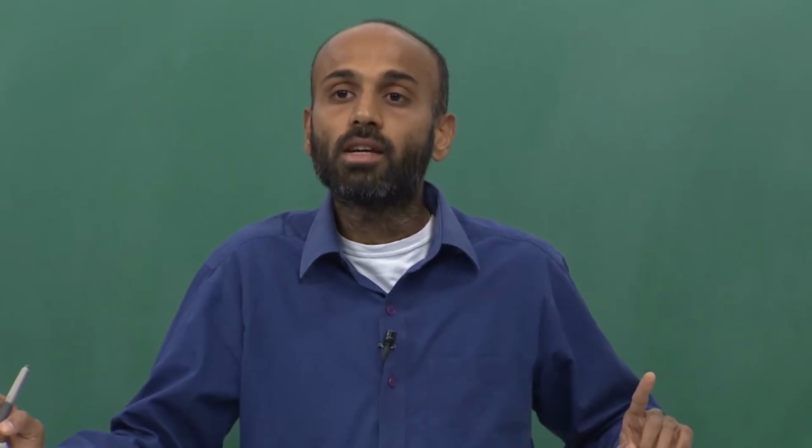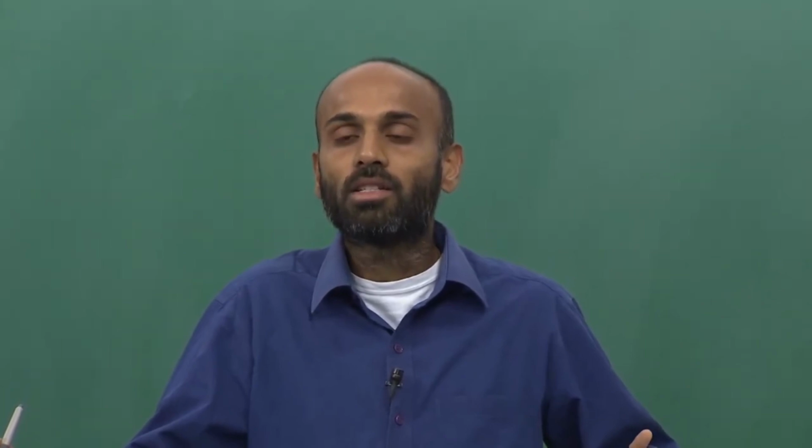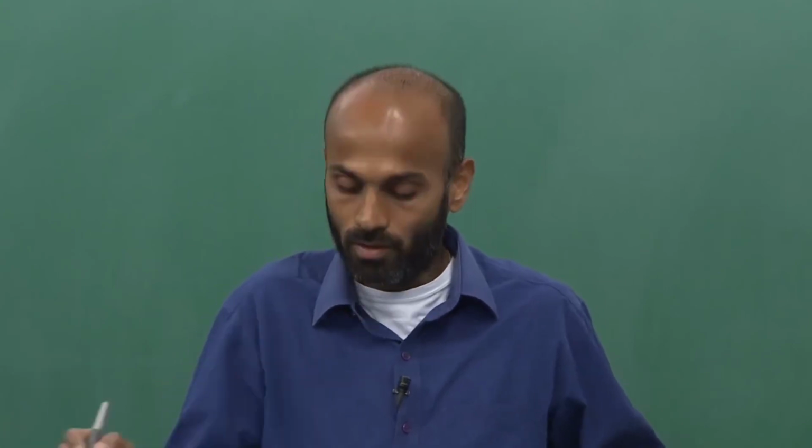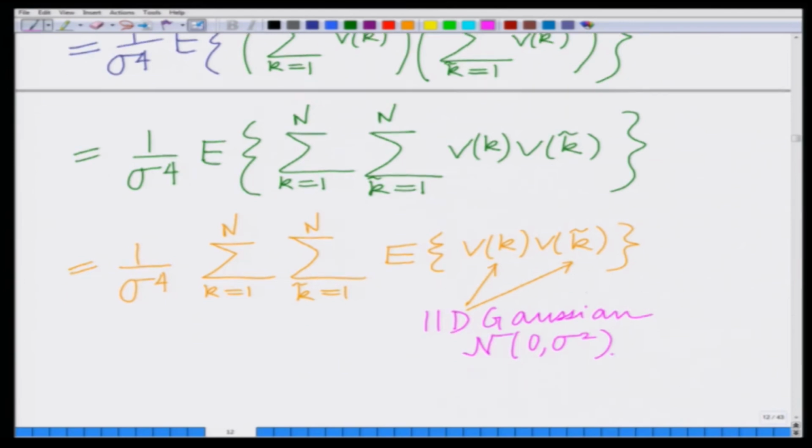Remember, we have said the noise is additive white Gaussian, which means the noise samples are independent, identically distributed Gaussian random variables. So these noise samples Vk tilde are IID Gaussian, and we have explored the properties of these noise samples in detail many times earlier. IID Gaussian means each of them has mean 0, that is, Gaussian with mean 0 and variance sigma square, denoted by N(0, sigma square),